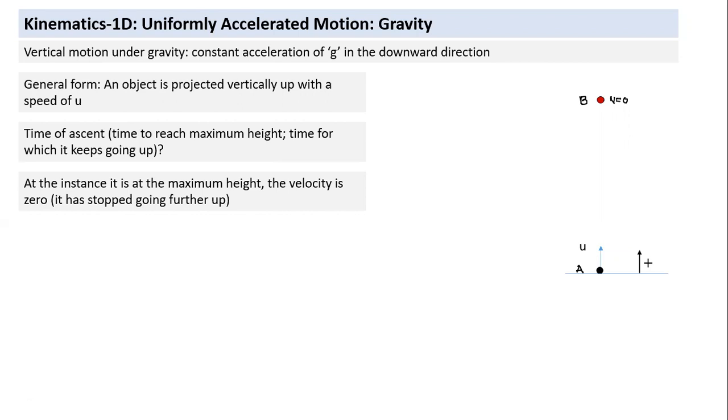So, at this instance, it is at the maximum height. Velocity is 0. It will stop going further up. That's what the highest point means. Velocity becomes 0. So if I apply this equation between these 2 points, between A and B, I have to